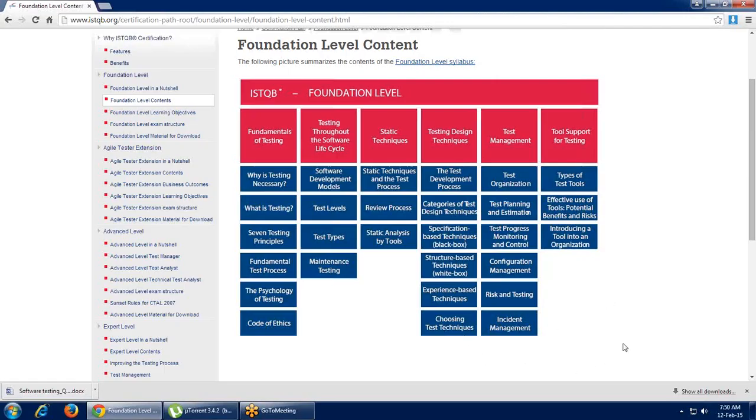The last one is incident management. An incident is something that is not a planned sequence. You are doing one of the scenarios or testing, and you come across an issue that is not reproducible. You try again and again to reproduce the issue but cannot. Then how do you handle it? We'll see in detail what we can plan in incident management.